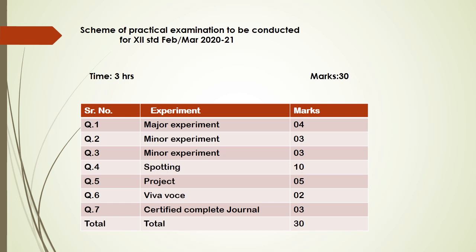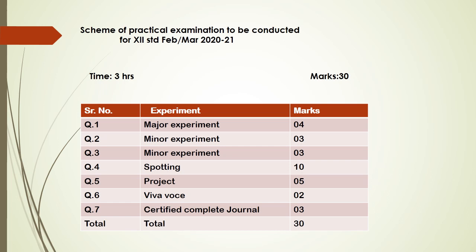A separate sheet will be given to you for spotting, which have been increased this year. They are 10. But again, if you refer to your practical notebook, you will find on page number 4, everything is written from spot A to spot J. I am not going to put what will come at spot A; what the internal options are, everything is written in your practical handbook. You should be able to read through it and take pains for it, and then 10 out of 10 can be easily achieved.